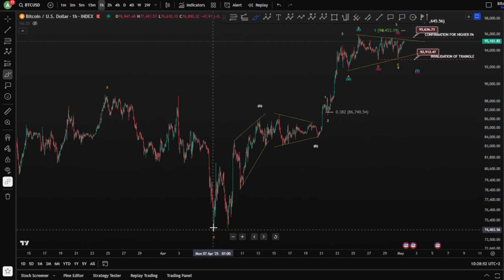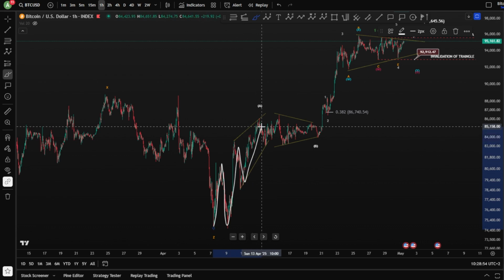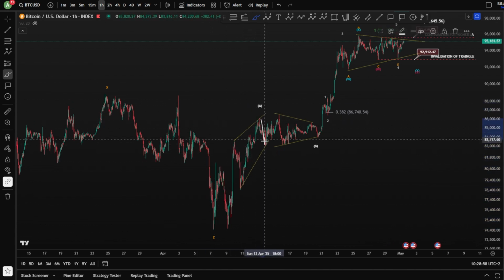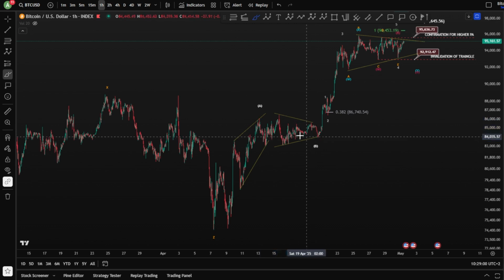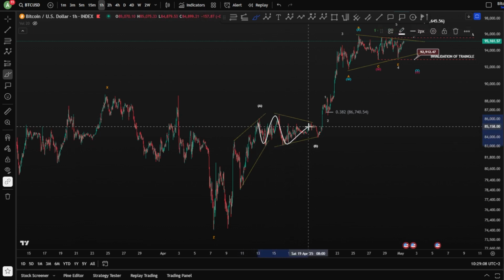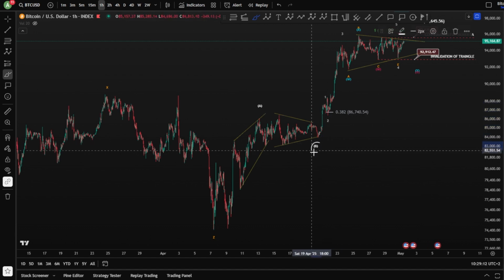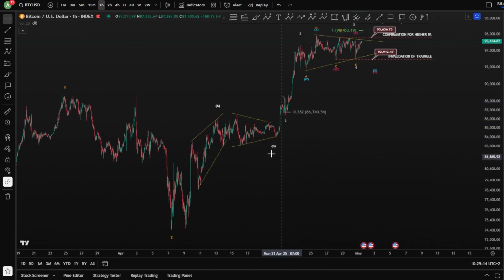Another scenario, it can be 1, 2, 3, 4, and a 5, which is a leading diagonal for a wave A, and you have potentially here a wave B as a triangle. And this triangle, of course, as a wave B, is not allowed to be a wave 2. This is a running triangle here that we are looking at, and it might be, of course, only a wave B, especially that we did not reach, of course, the